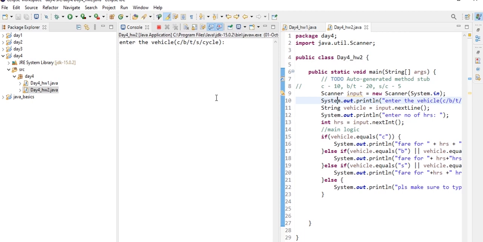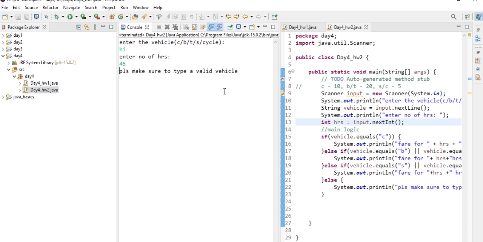And let's try for scooter 2, that is 10, that is 5 into 2 is 10. And let's try for cycle, and number of hours is also 2. 2 hours is 10, that is 5 into 2, 5 is the fare and 2 is the number of hours, that is 10. And now let's suppose if I type hi here and number of hours, if I give something like 45, and now it's prompting please make sure to type a valid vehicle.